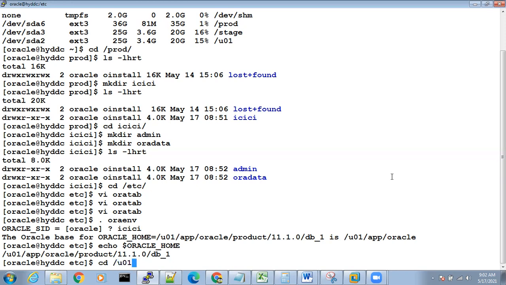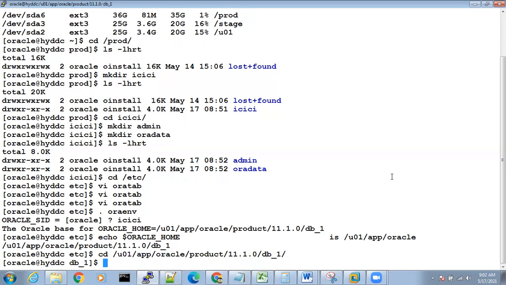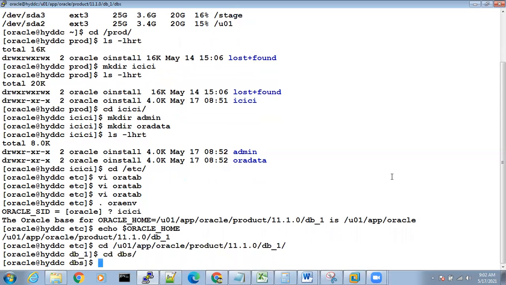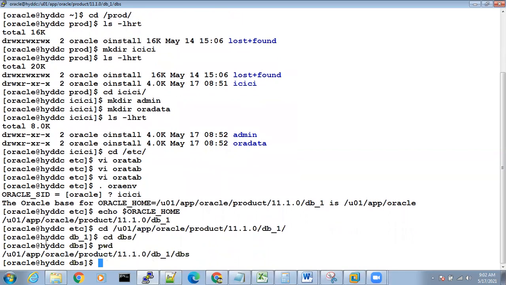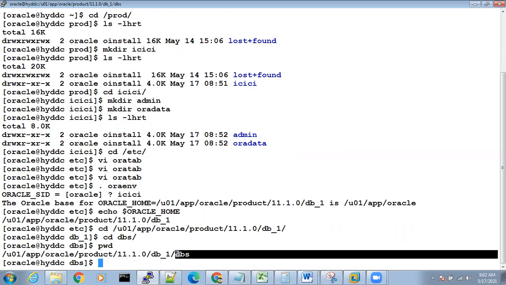You have to go to the Oracle Home location u01/app/oracle/product/11.1.0/db_1. Inside this Oracle Home, you have something called dbs. You have to go inside dbs. See, pwd, present working directory. In which directory are you? It will show you that pwd. You are in this directory now: u01/app/oracle/product/11.1.0/db_1/dbs.